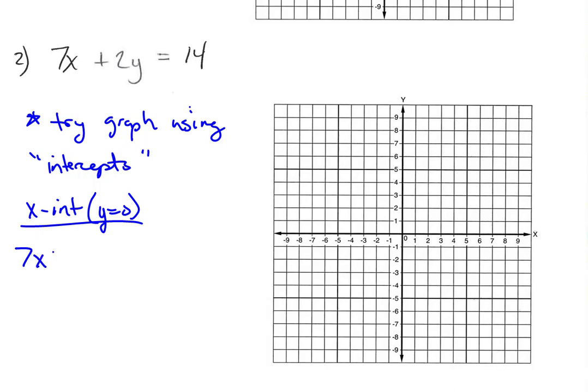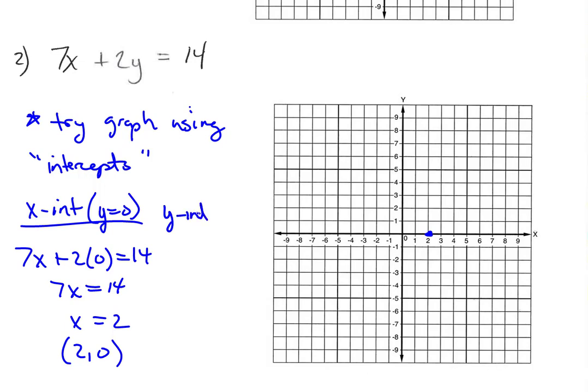We'll copy this down as 7x plus 2 times 0 equals 14. Of course, this means 7x equals 14. Nice easy numbers, that's why it's a good candidate for this method. You divide both sides by 7, we would get x equals 2, which means the point 2, 0 is the x-intercept. So we can go ahead and plot that point and then just hold on and move on to the y-intercept,